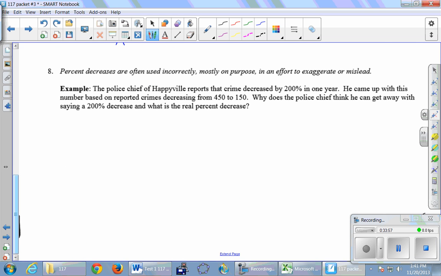All right, which one goes first on the equals here? Is it 450 or 150? Well, which one is it? The formula tells you what you end up with, and the other is what you start with. We started with 450, and we ended with 150. So 150 is what we end up with: 150 equals 1 minus x over 100 times 450. That's it right there. Which means you can't just go around always putting the bigger number first by itself on the equal sign. You've got to be really careful. Chad?